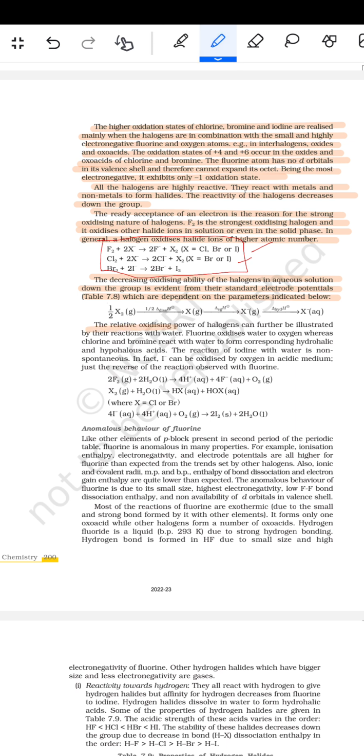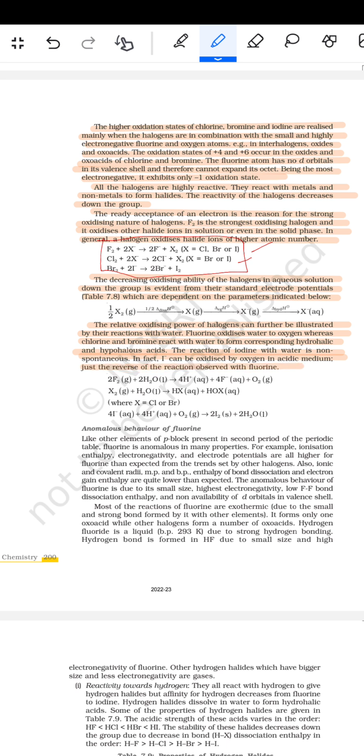The relative stabilities. The relative oxidizing power of the halogens can further be illustrated by the reaction with water. Fluorine oxidizes water to oxygen, whereas chlorine and bromine react with water to form the corresponding hydrohalic and hypohalous acids. The reaction of iodine with water is non-spontaneous. In fact, I⁻ can be oxidized by oxygen in the acidic medium, just the reverse of the reaction